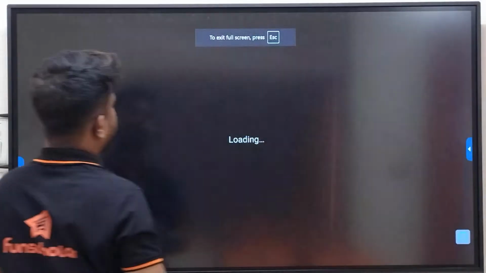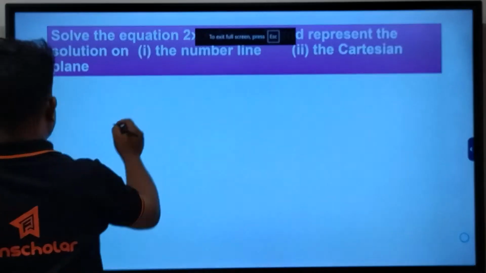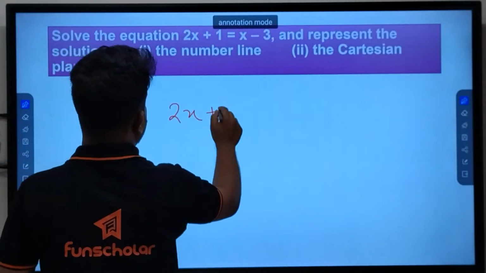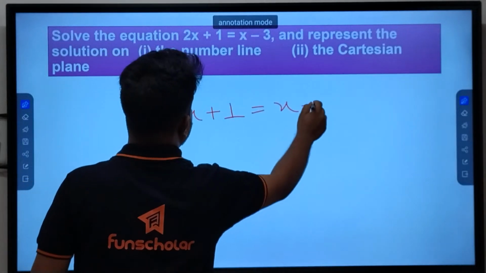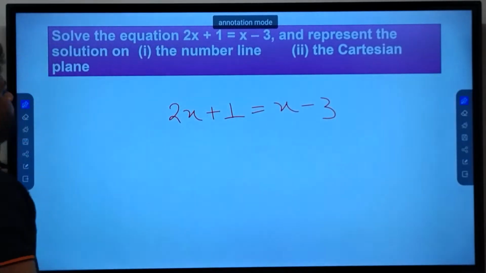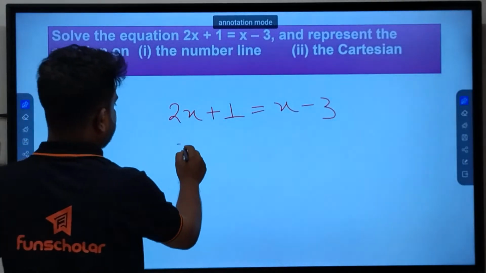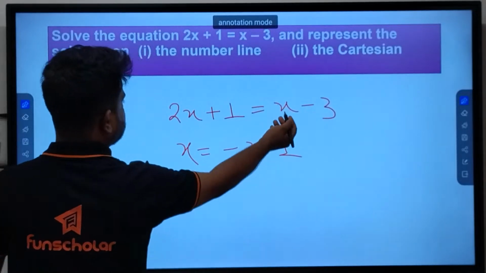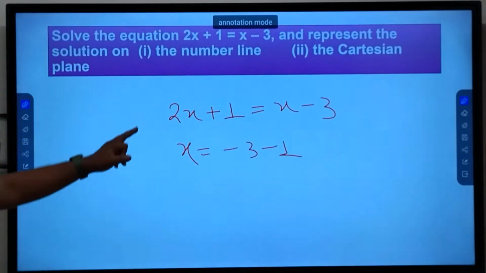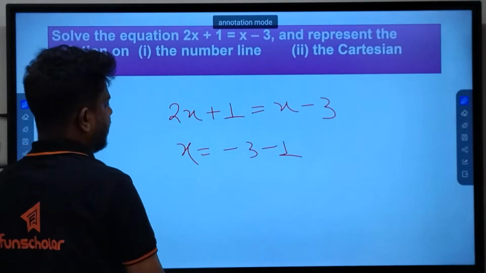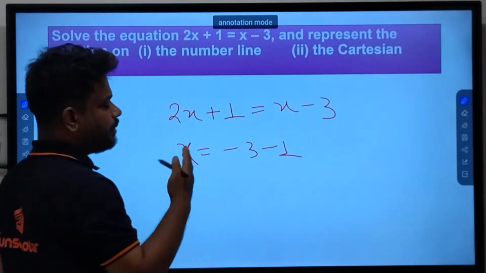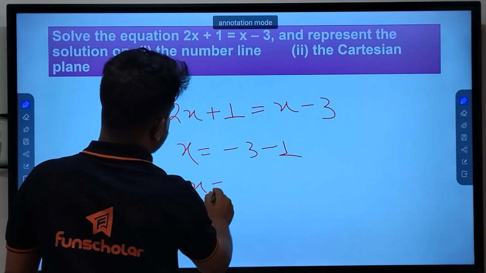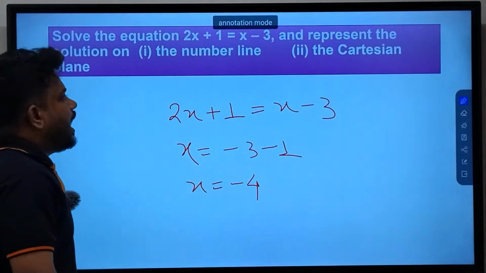Okay. So, the equation they have given is 2x plus 1 equals x minus 3. So, the value of this will be minus 3 minus 1, because x will get subtracted from 2x and the value of this will be x, and minus 3 we already have on this side, and minus 1 will also come to this side. So, the value will be x equals minus 4,